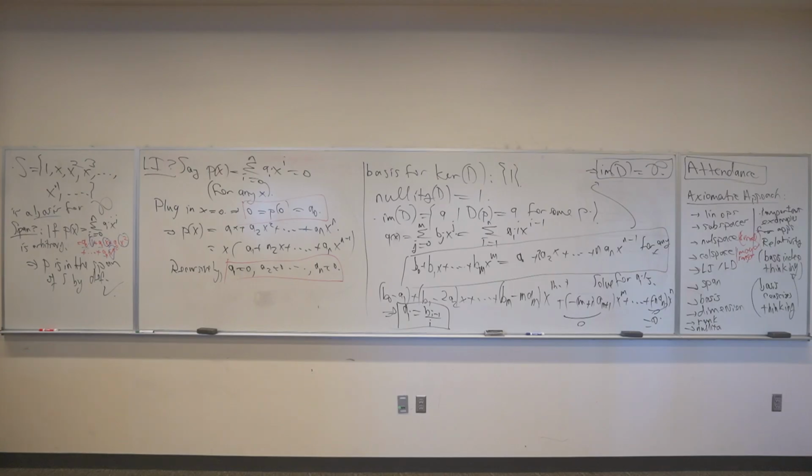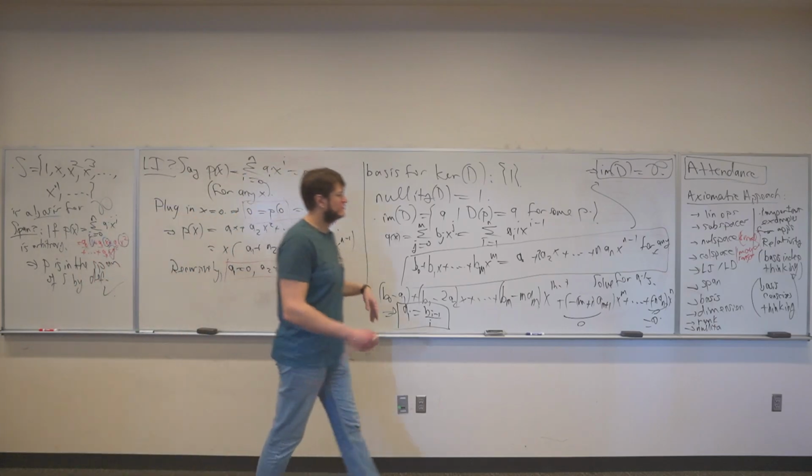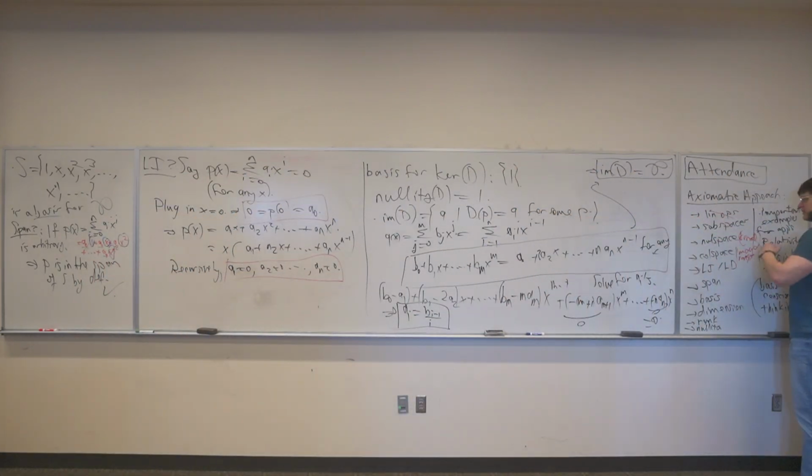Any comments or questions about this so far? Does this kind of make sense? How many of you feel kind of lost here? A couple of you. Okay. Tricks like this are not really the main concern of this class. We talked about linear operators, subspaces, kernel, image. We did all of it. Okay, good.